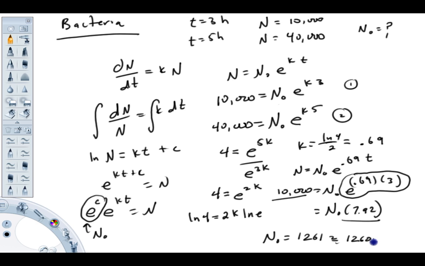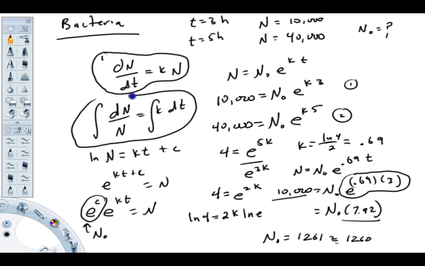So again, important parts of this problem. One, recognizing that the fundamental relationship that we need to start with is that the rate at which the bacteria are going to multiply is directly proportional to n, how many there are. Two, that yields a separable differential equation, right? And you solve it by separating the n's and the t's. So this equation here, nothing but n's on the left, nothing but t's on the right. Three, some algebra and rules about exponentials